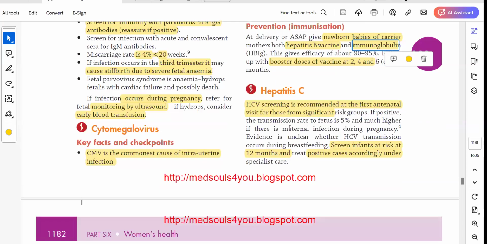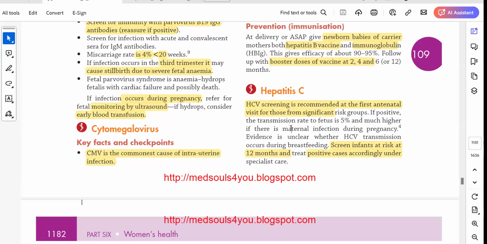Okay. How about hepatitis C? Again, we will test every pregnant patient for hepatitis C in the first trimester. If the mother is a carrier of hepatitis C virus, then you can't give anything. There is no vaccine or immunoglobulin against hepatitis C. So you can't do anything actually in this patient, but you need to screen the infant 12 months after the delivery to see if the infant is also infected. And if the infant is infected, then sometimes there are some antivirals that can be given to treat hepatitis C.